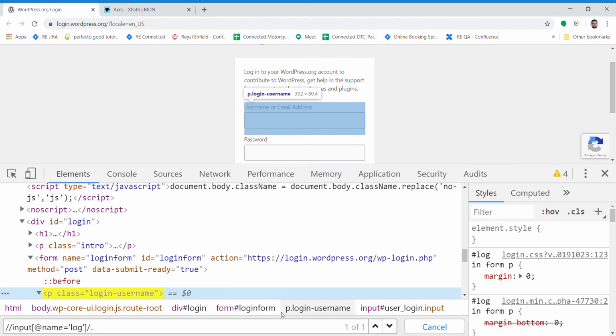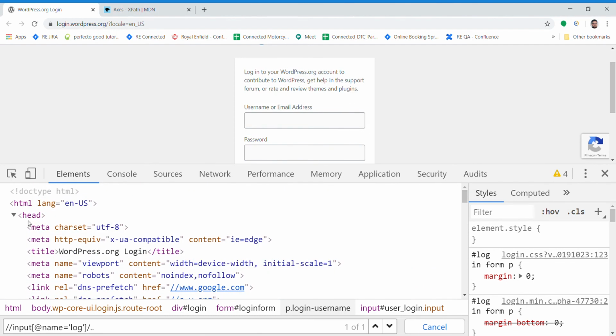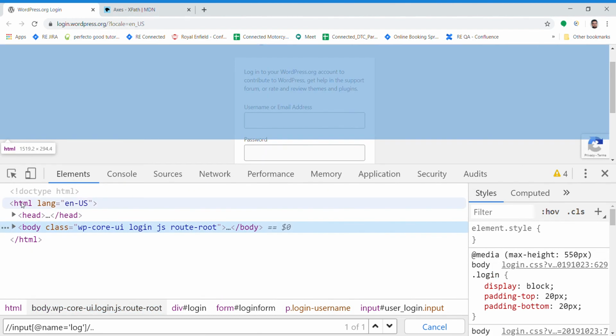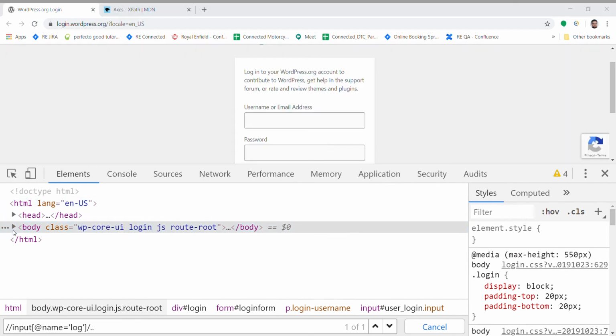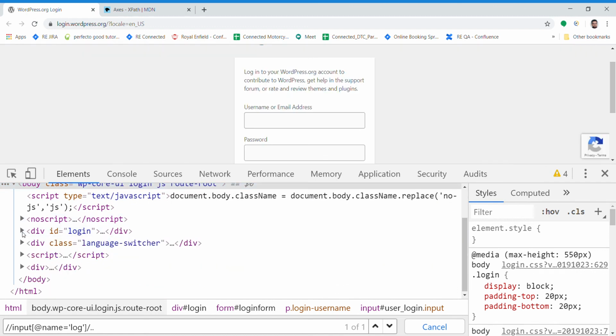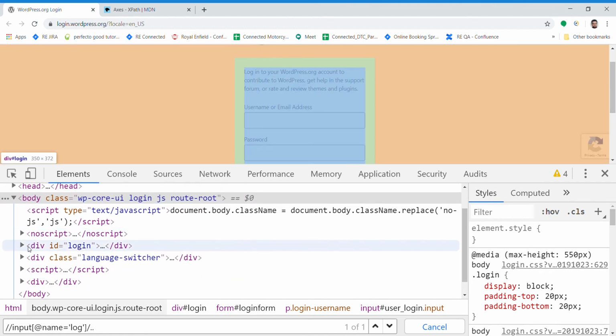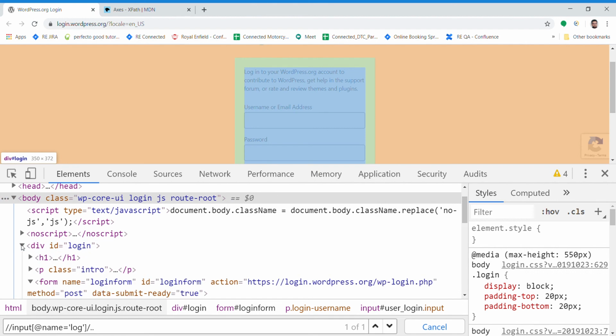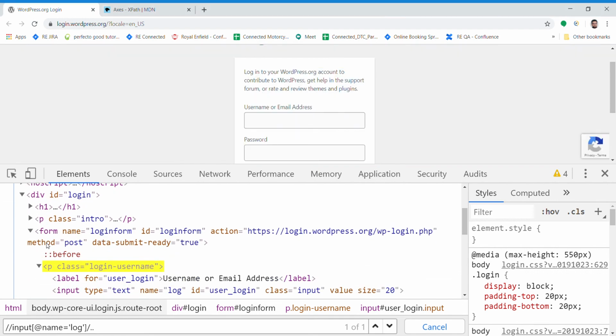Let me just open up. The HTML, then the body. Then in the body they have selected some. There are two divs. Div1, right? And then the form. Okay, this form.